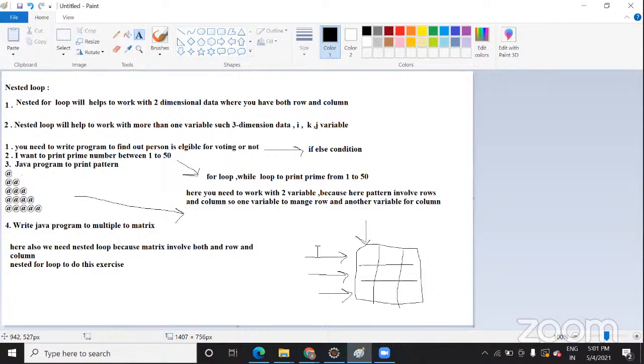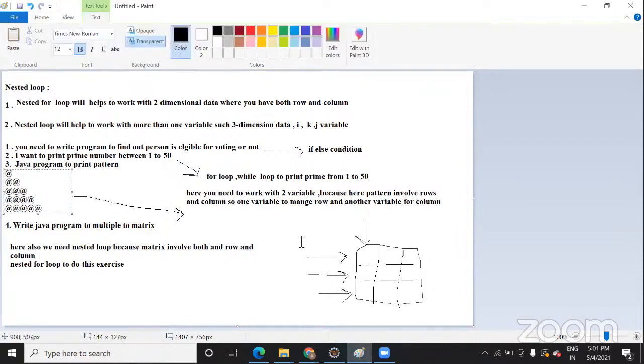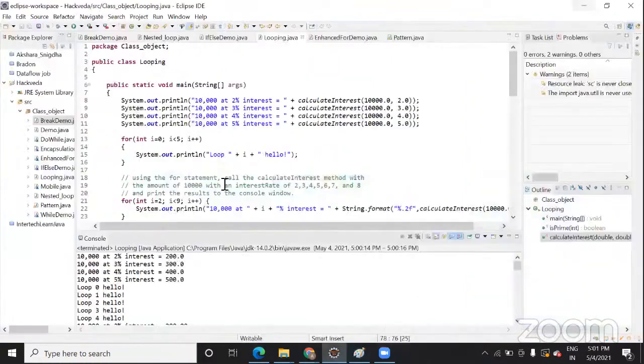And when you want to work with two variables simultaneously, like here we are working on i and j, we were managing both i and j simultaneously, right? So that is the reason we use it. These are the use cases I have given: pattern printing, matrix conditions, mathematics solving questions, when you want to work with more than one variable. So these are some questions.